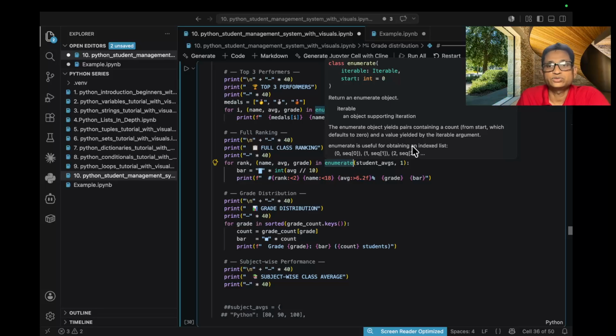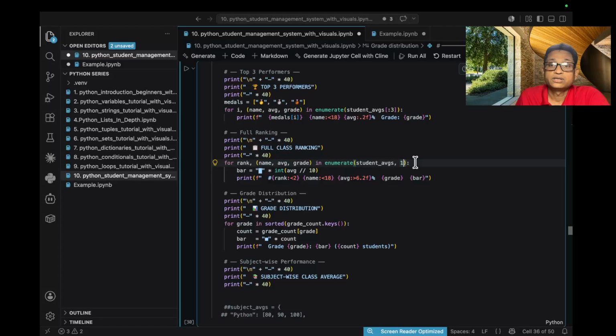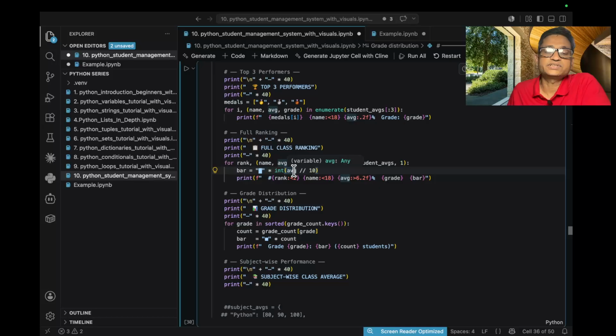By default it is 0 and we override it with 1, so it will start from 1. We take the name, average, grade variables, and rank means the position of the particular record, and var is equal to int of average divided by 10. So this will increase the var if the average is larger, and if it is small it will